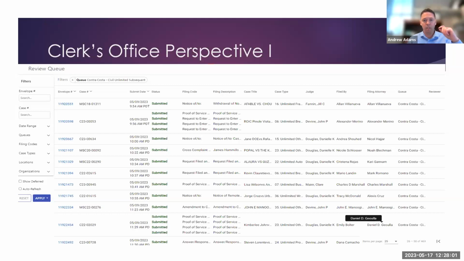The other thing you can see on here is our submission date, which is right here. The other is status. I've had a lot of questions about what the status of my filing is. There are a few different statuses. The first one you're going to have is called submitted. Submitted is when you've sent it to the court, it's in our queue, and we have not touched it yet. Now, if a clerk goes in, touches it, opens it, says, I can't file this right now, or it's 4:30, I've got to go home,